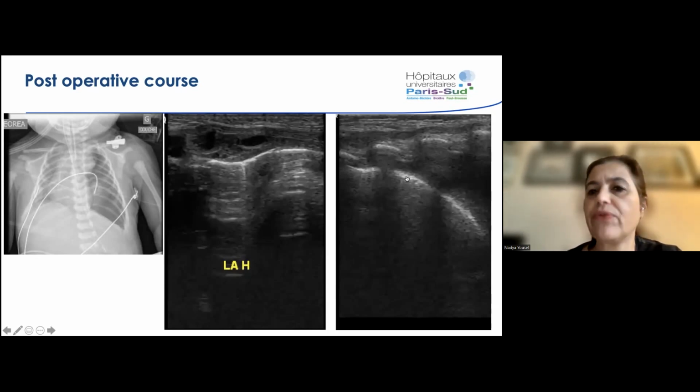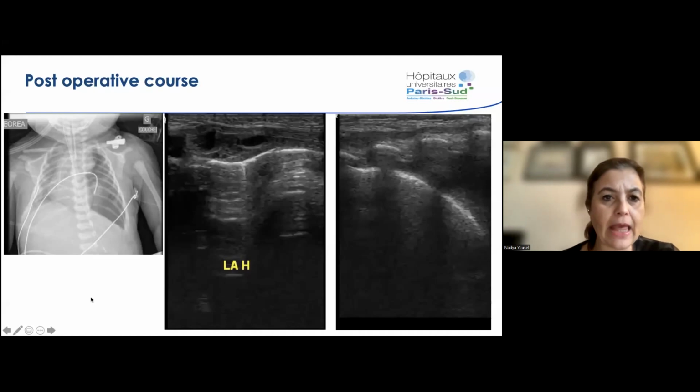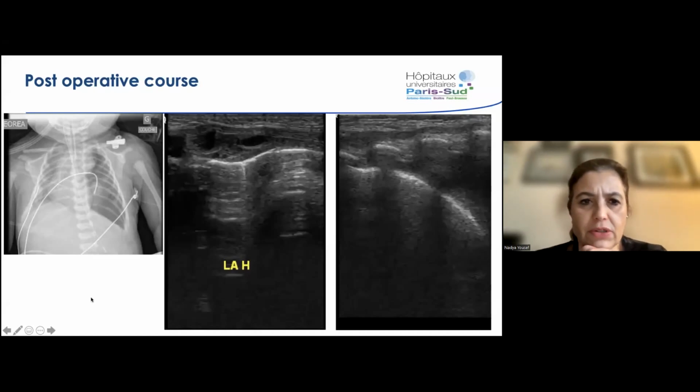If you have a hernia, you would find the defect if it's large. And also by scanning systematically, you would find these organs, be it only gut or if you have liver, depending on the size of your hernia. So what about the post-operative course? Well,